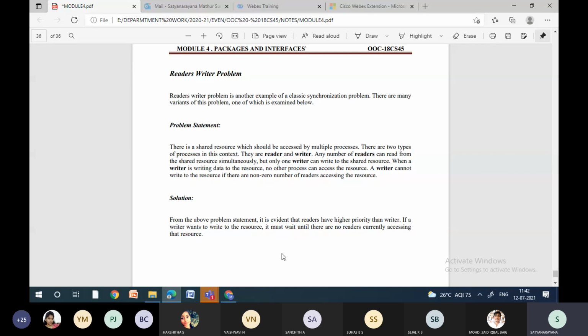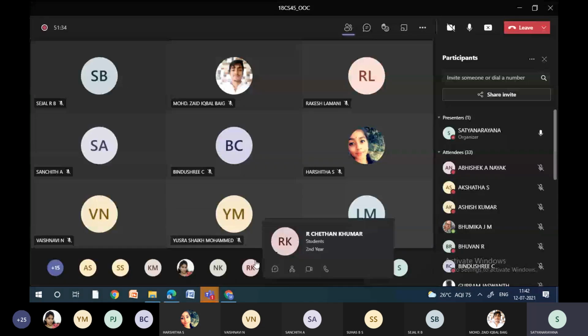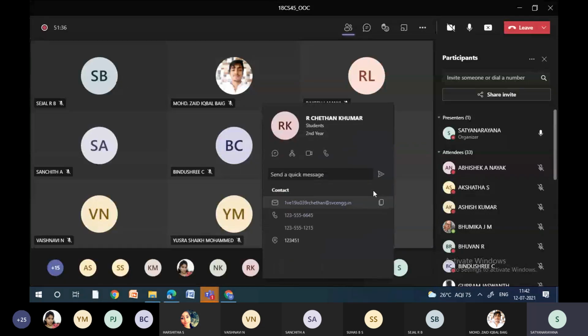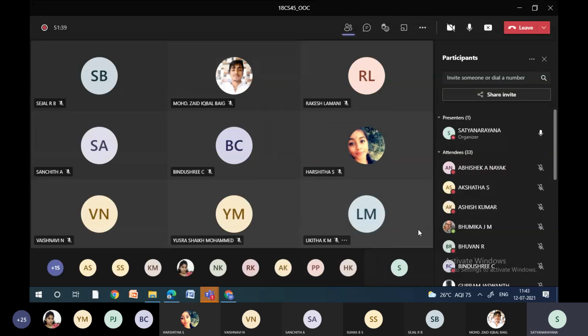This solution I'll just share with you. You can go through it. Any doubt, in the next class you can ask, because this is a task where we are going to see the readers-writers problem. See, producer-consumer, bounded buffer, readers-writers, all are almost similar problems. Only the condition is changing. In producer-consumer, producer and consumer are dependent on each other. In the bounded buffer, producer and consumer are independent of each other. In the readers-writers problem, there is no concept of producer-consumer, but reader and writer will be there, and how they are going to react according to the condition.